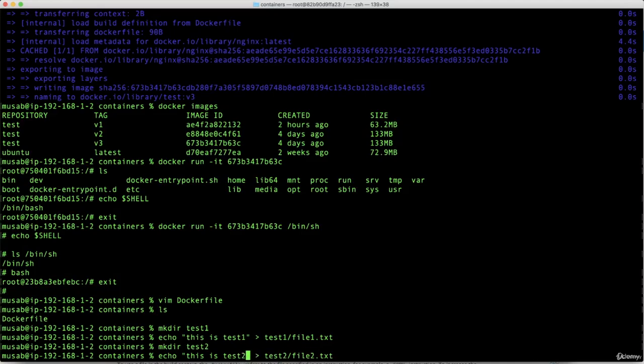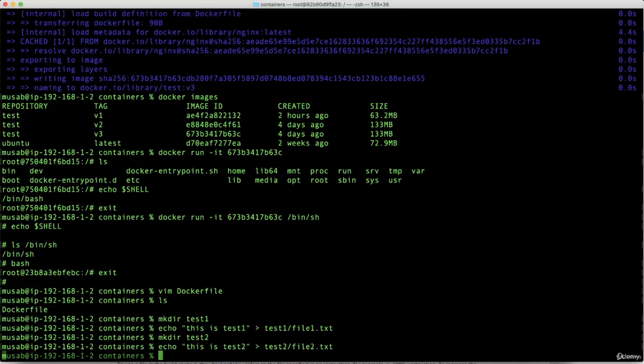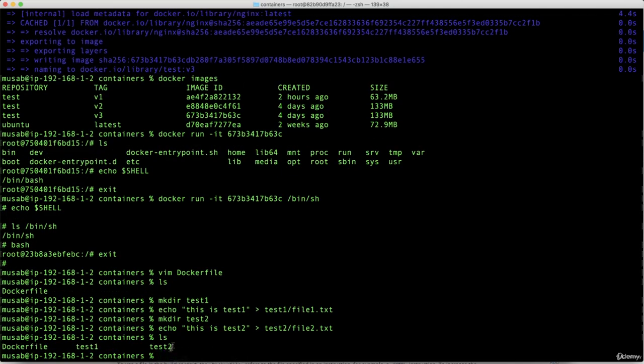It's very simple actually, just a test. Echo, this is test2 inside test2, which is the directory we created, and it has file2 this time. So file1 is inside test1, file2 is inside test2, and the text is: this is test1, this is test2. All right. Okay, so far so good. If I type ls like this, you can see so far so good. Okay, now let's open the Dockerfile,